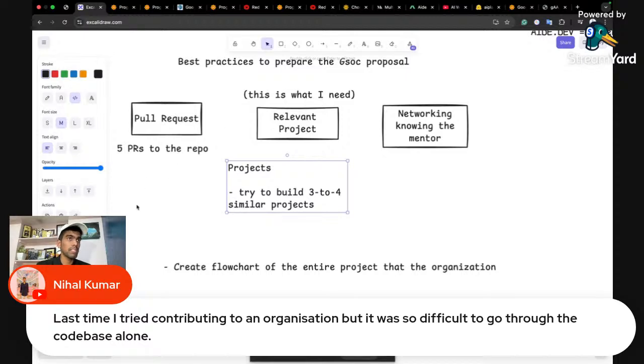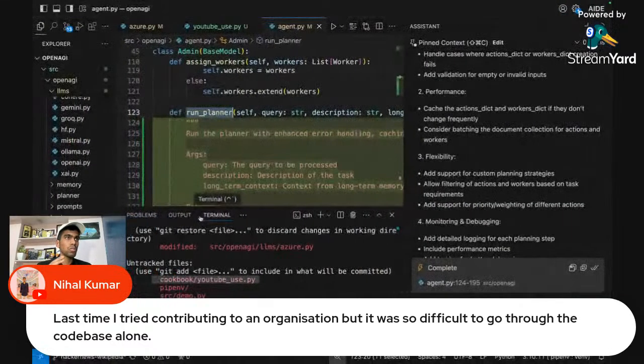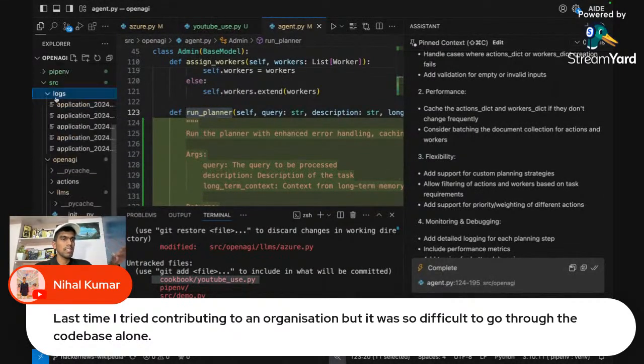And again, if you're facing issues going through the entire code base alone, use AI and it will tell you whatever issues you have, right? Suppose if there is any src, include that particular directory and tell how you can navigate. Once you have those navigation steps in place, then just go check each and every file, attach that particular file, try to debug what is happening, how can I improvise it. So use AI because now you have that luxury of using LLMs. Claude.ai is better in understanding code. So use AI, understand what the code base is, and get your responses. Since Cursor is not free, you can use an open source IDE that can help you understand the large code bases.